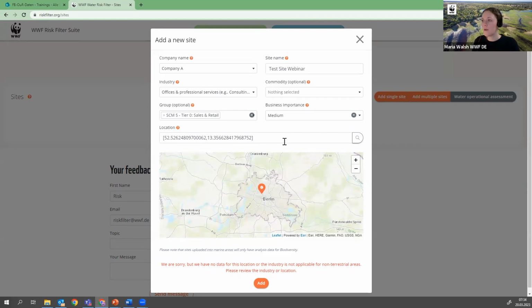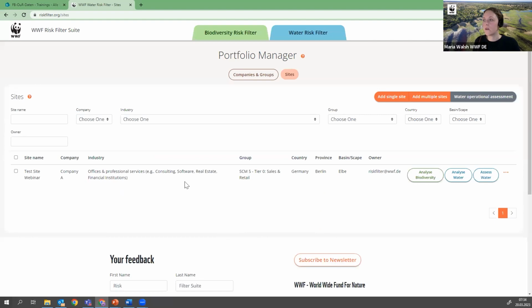Now everything should be filled in, and we can add now our site, our test site webinar. And again, here, this page now completely changes from having no data in it at all. We're going into this really full page where we have our test site now, the test site webinar. It belongs to company A, that's what we selected, into offices and professional services, and all of the other information in here. And now we could already start with analyzing biodiversity, analyze water,